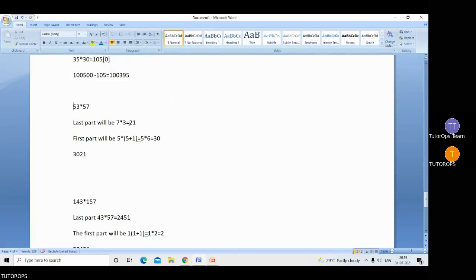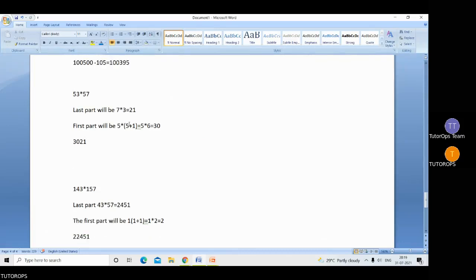Now let me take another bigger example. Say 143 into 157. As I have mentioned that not always I need to check for 10. It may happen that the addition of last two digits is resulting in 100. Then also I can say the complementary using the criteria, that is the first digit was same. So here also the first digit is same, that is 1, and the last two digits 43 and 57